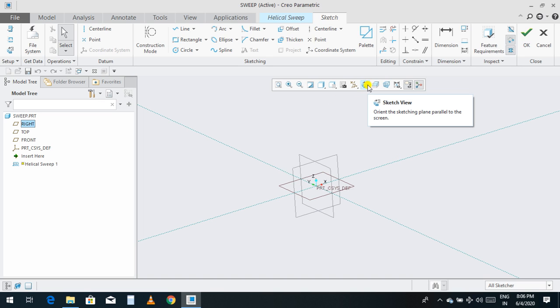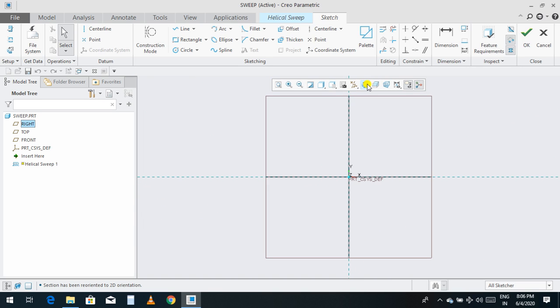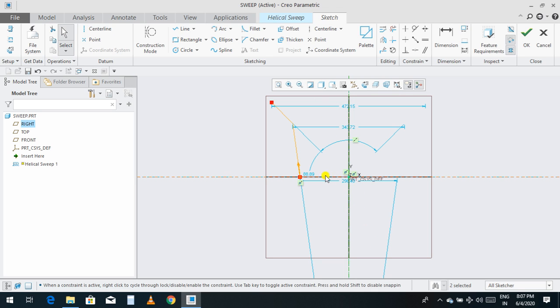Now you just click the sketch view and choose one line, the profile of the helical. So this is our helical profile, and choose one central line. If I choose the central line from this point, the helical sweep will start. This is the radius of the helical sweep, and from this point will be the diameter of the helical sweep.